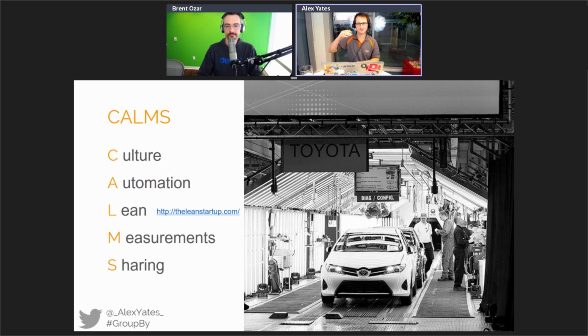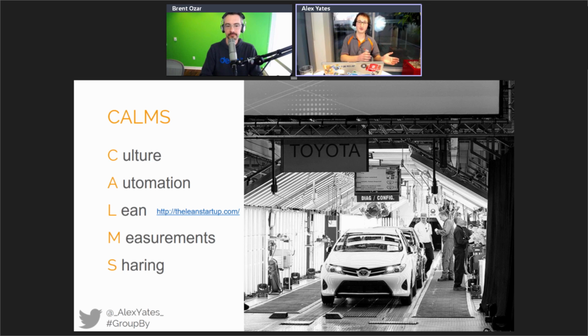trying to build quality in, deliver frequently, deliver fast, think about your throughput, your bottlenecks, thinking about flow, stopping the line. If you see a problem, stop the line on development, work out why that problem occurred, and then put into place some sort of test or some sort of automated process to make sure it can never happen again, and then carry on. It feels disruptive to stop the line, like literally Toyota would stop the manufacturing line of cars until they'd worked out how to avoid that defect happening again in the future.